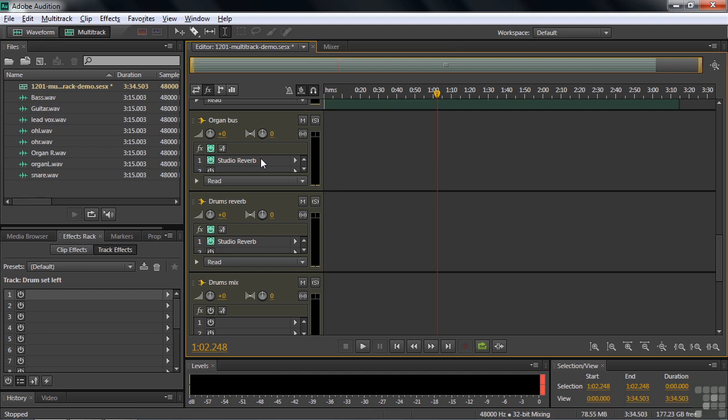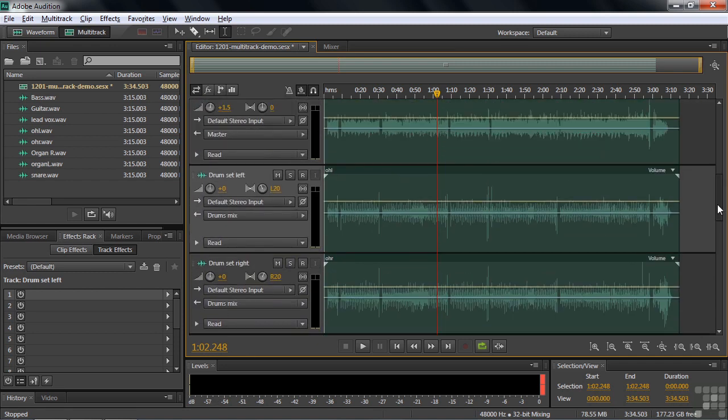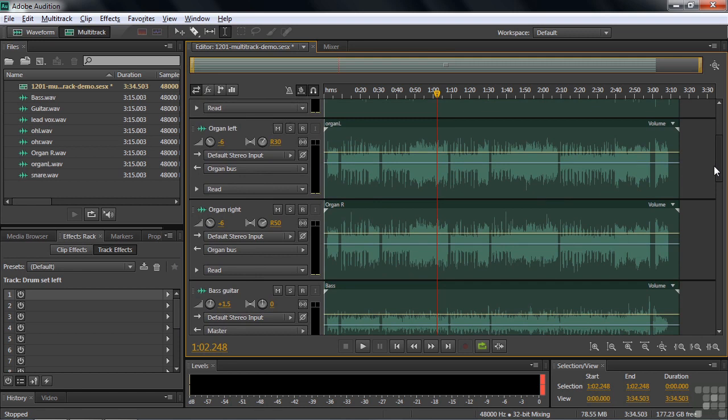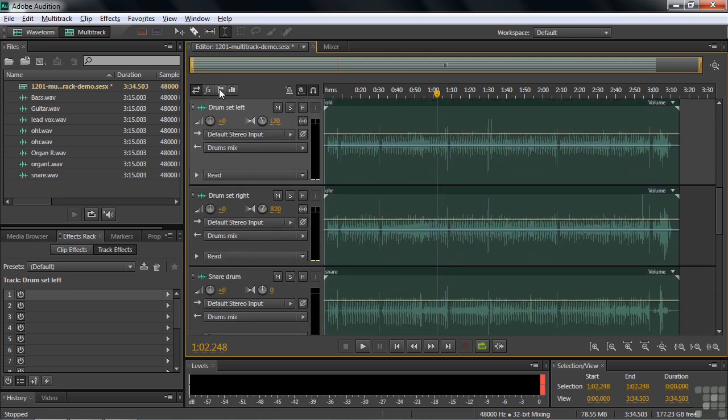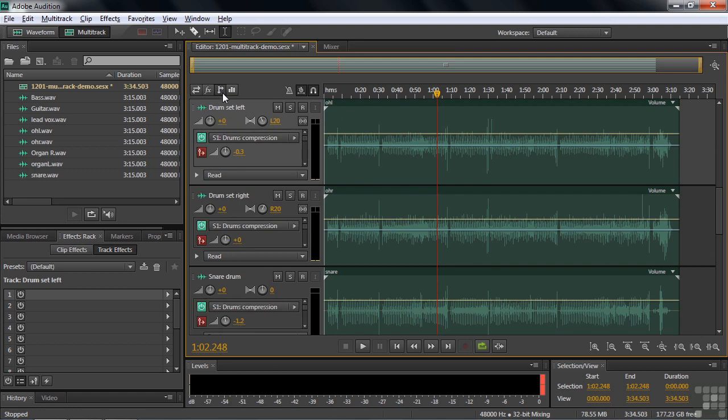So that's an advantage. And then if I go back to the output, you see that the bus now goes to the master. So it's kind of a little detour along the way. It's another kind of detour as well. It's called a send. So I'll go down to the drums. I'll open up this little button here which shows you the sends. And the sends allow you to also route things for good reason,